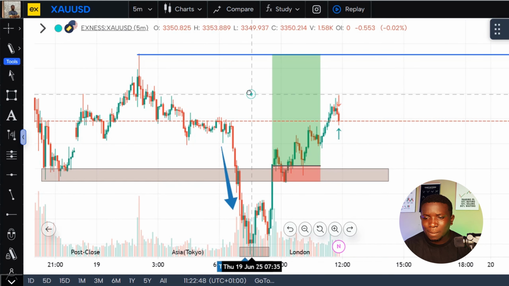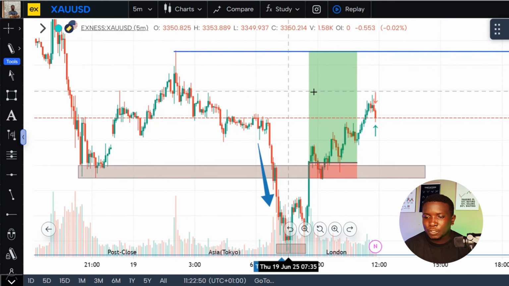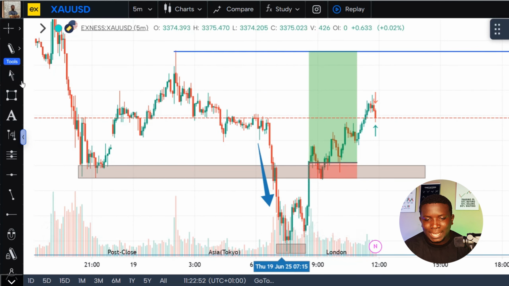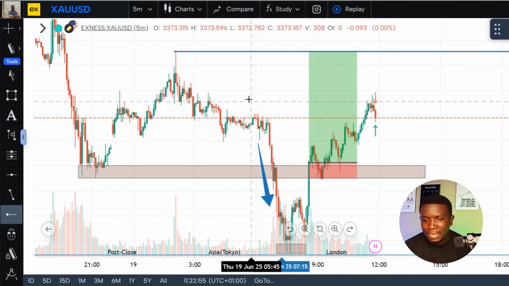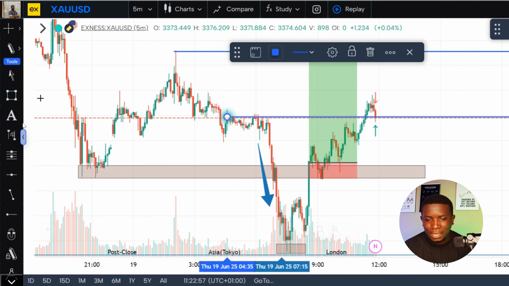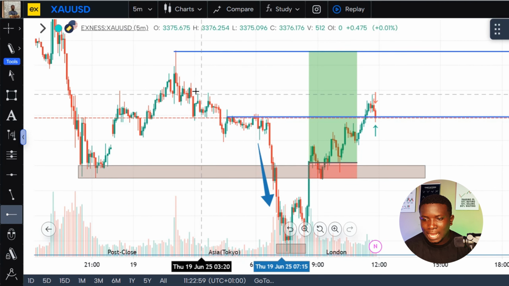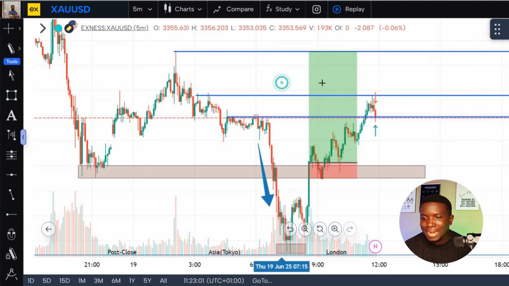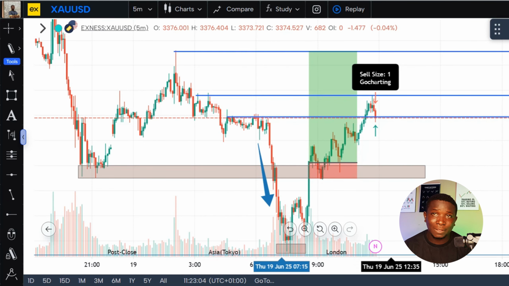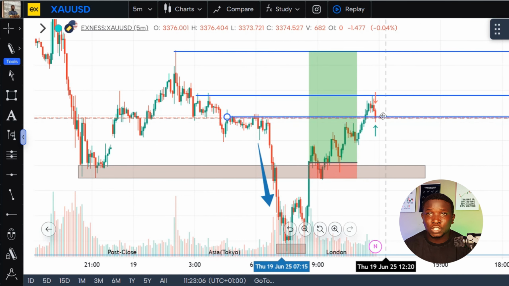So while we discuss now, let's go back to see what actually happened in that trade. So right now, when I came back to this trade, I was able to see that the market has actually taken out a few liquidities, okay? It has taken out this liquidity, and it has also taken out this liquidity, and right now it is showing some momentum to the downside, okay? This could be a rejection, all right?